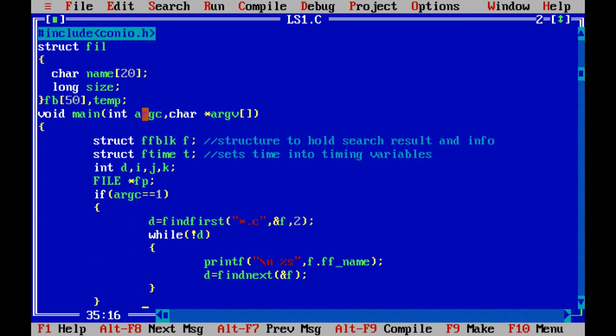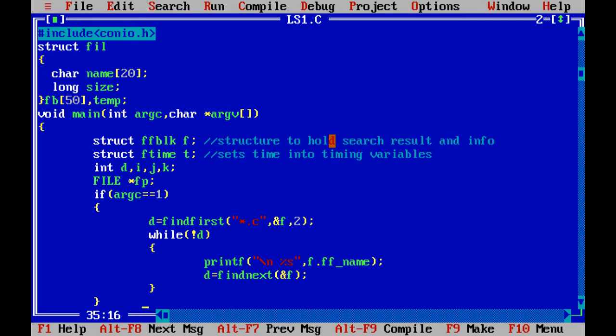In the main function we have kept the same format of program, which makes use of argument counter and vector. Counter is going to count and vector is going to store the arguments. I have made use of the struct ffblk again. Now what is this? It is a structure to hold search results and information about our searches.